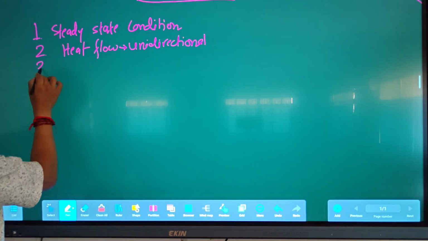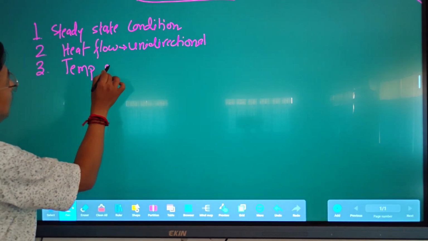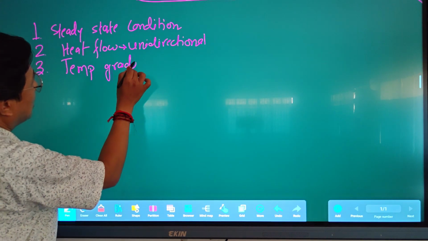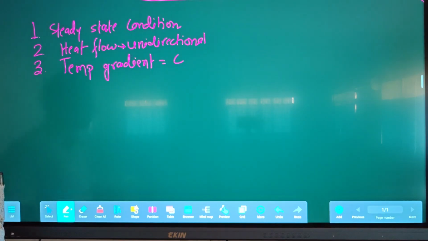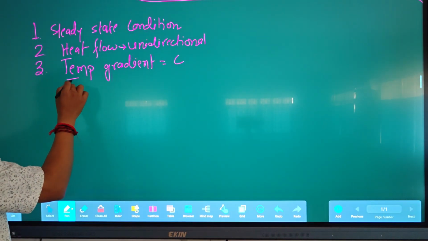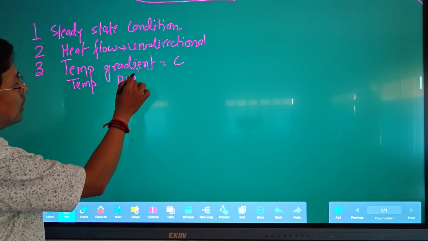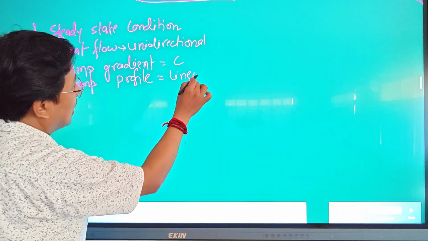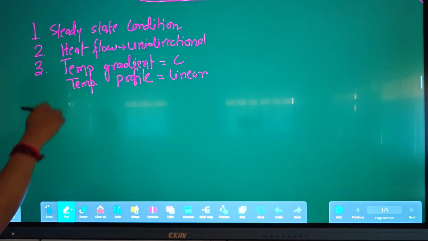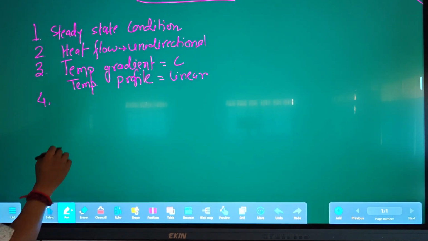The third assumption is the temperature gradient. The temperature gradient is constant. Okay, and the temperature profile will be linear. Okay, so these are the three assumptions, and the fourth one will be